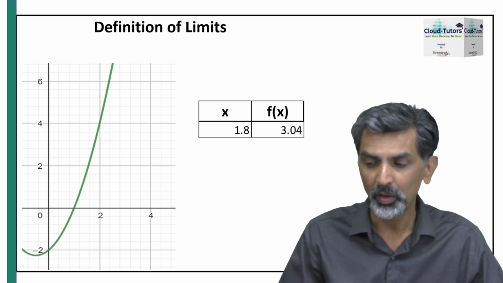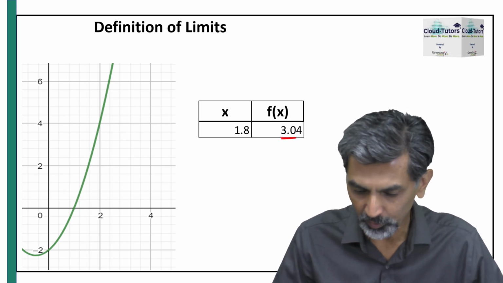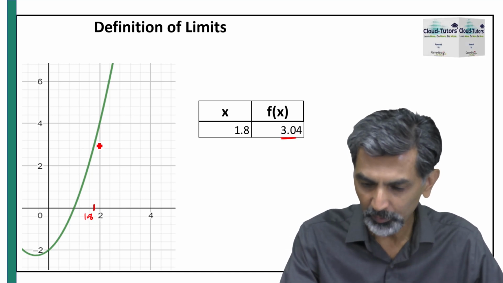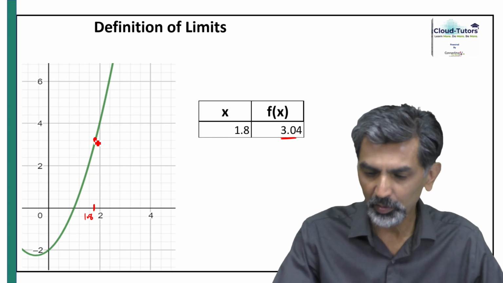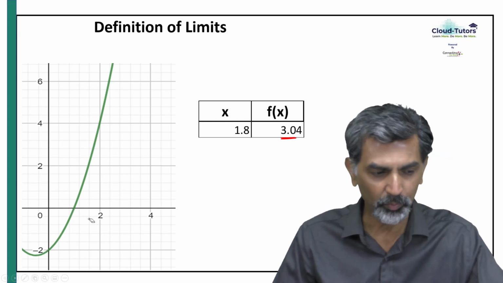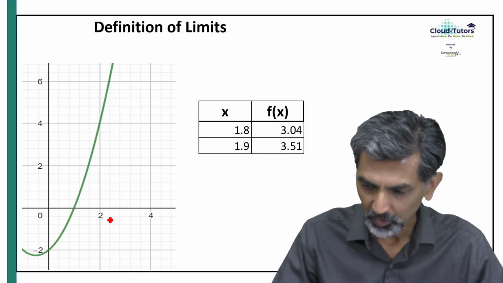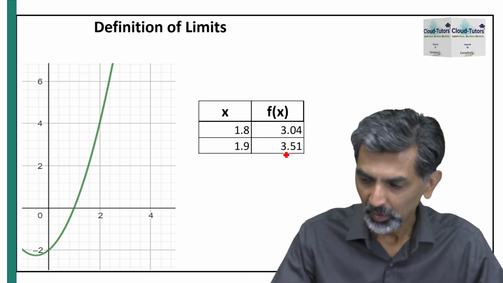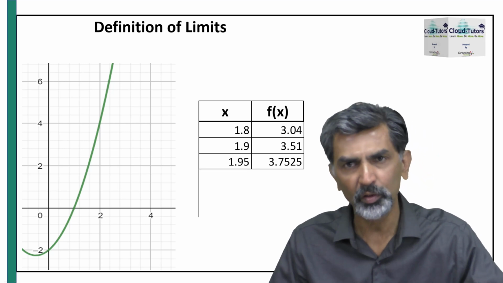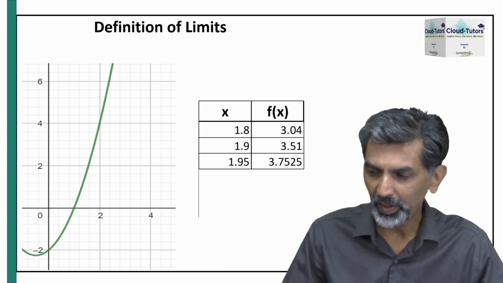And that's the question. So when x is 1.8, f of x is 3.04, which means when x is somewhere over here, this is 1.8, then f of x, which is somewhere over here, is 3.04. What happens when we increase x by 0.1? Goes to 1.9. x is even closer to 2 now. f of x goes to 3.51. We increase x just a little bit more. It becomes 1.95, inching closer to 2. And f of x becomes